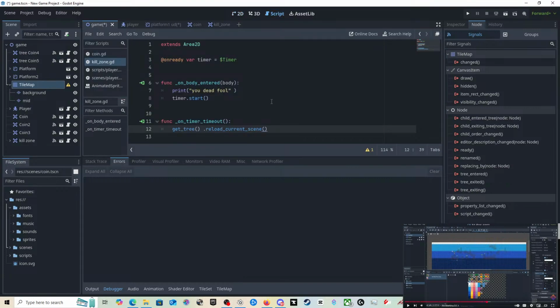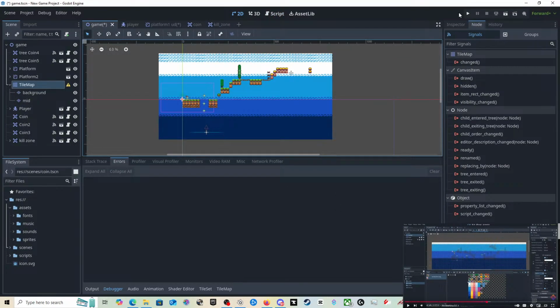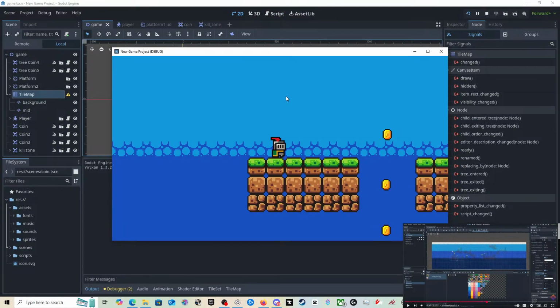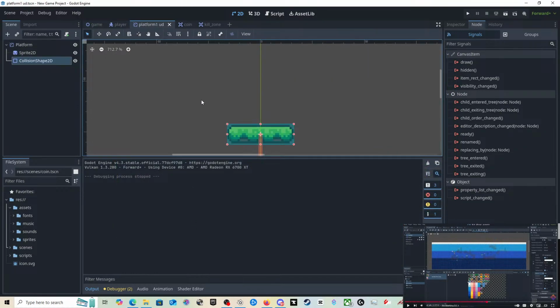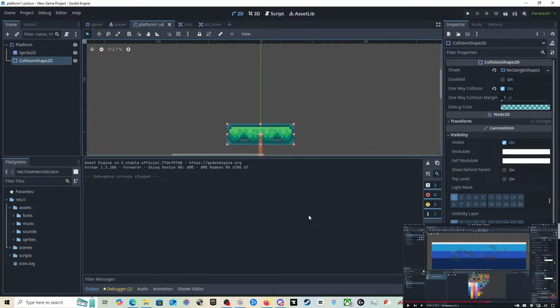Yeah, I'm not sure. I don't need to have the body there, I don't think. That platform just doesn't show for some reason. Yeah, not sure why that's doing that.